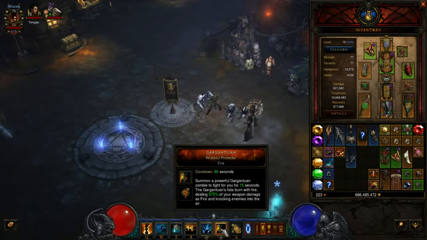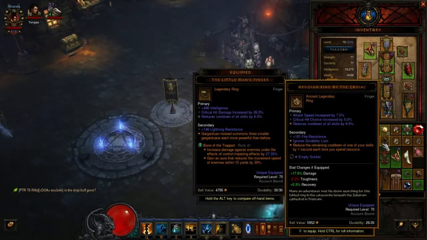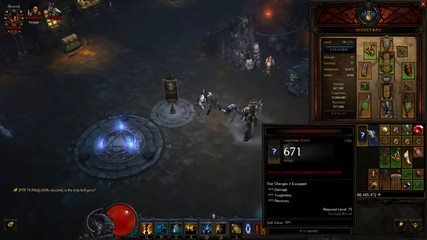And these things hit like a truck, man. I think this is probably the best rune overall. But this is a cooldown, as opposed to the other Gargantuan runes where they will stay out until they die. This only stays out for 15 seconds, so you do have to stack some CDR to make this work. So before, I was running this in kind of a max cooldown reduction build with an Obsidian Ring of the Zodiac to make sure Gargantuan is always out, I decided to take it in another route and go with the